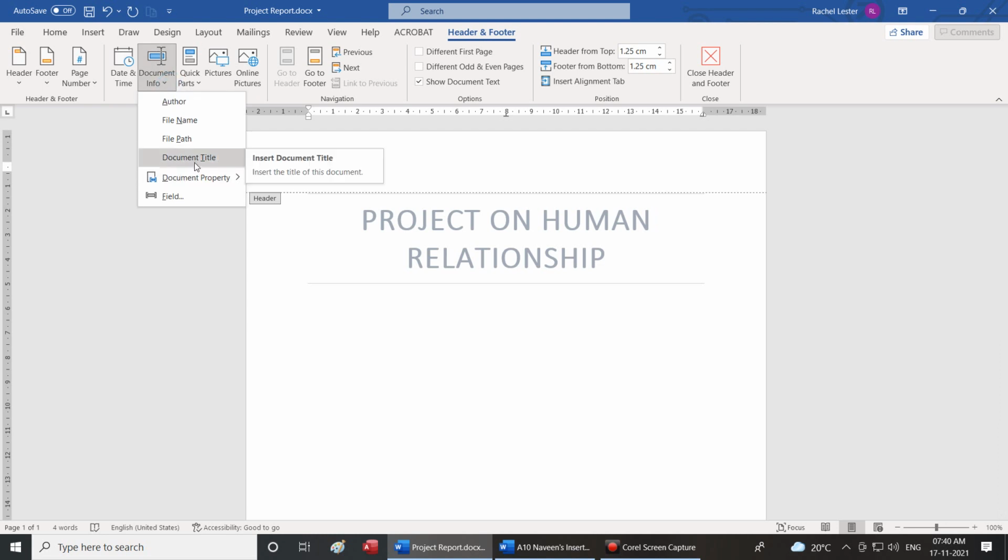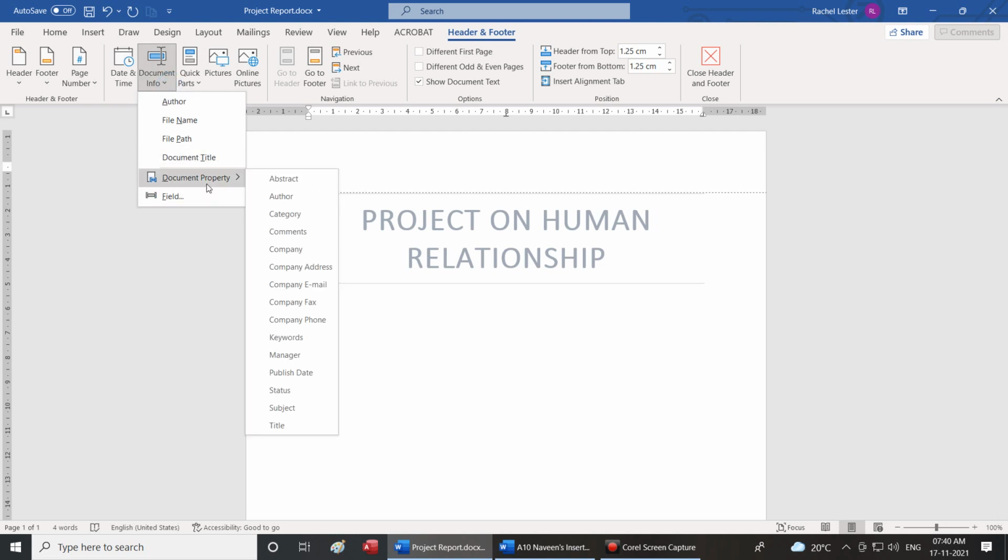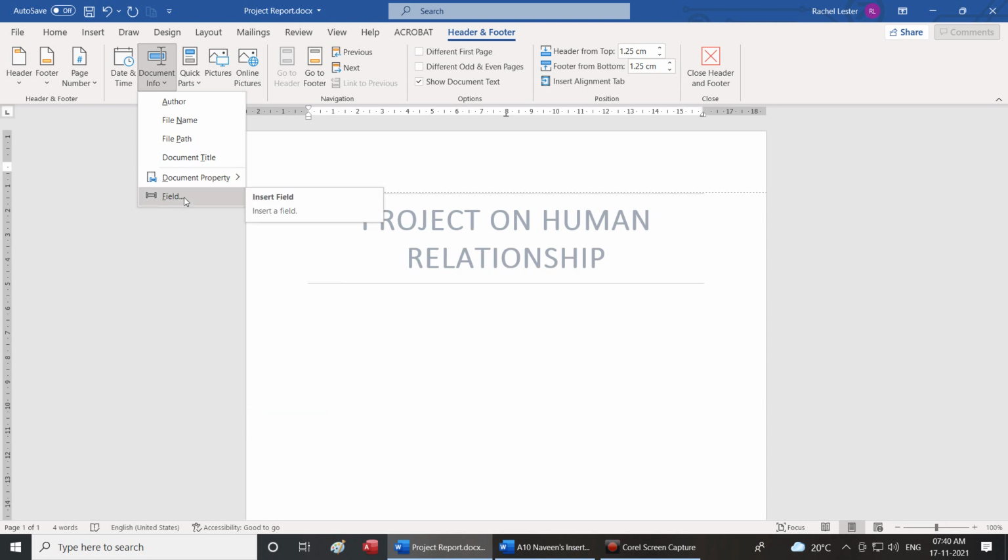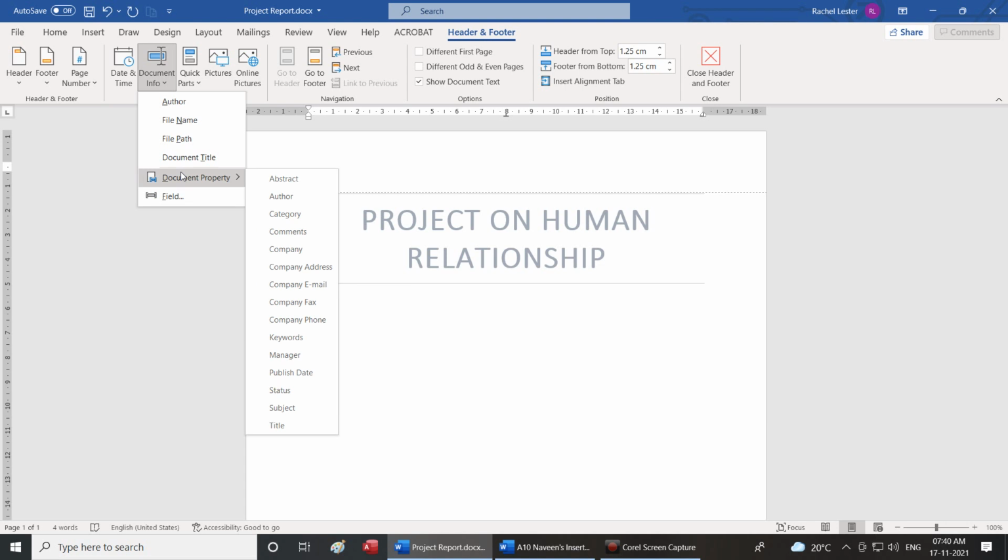The next is document title, and there are a lot of other pointers that I can select and keep on adding whenever it is required. Please write down document property. Document property is the heading.